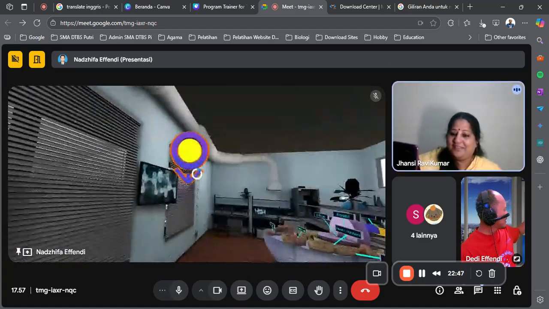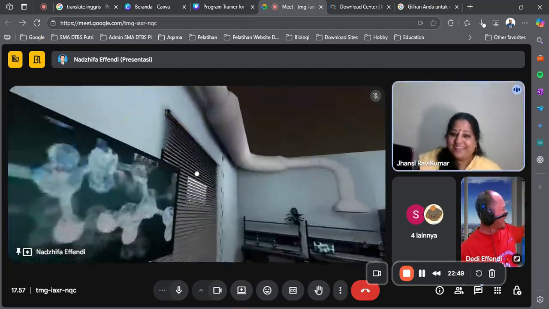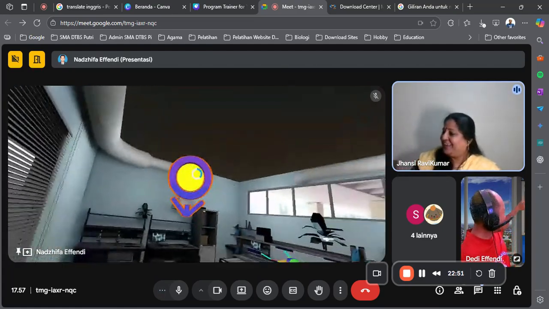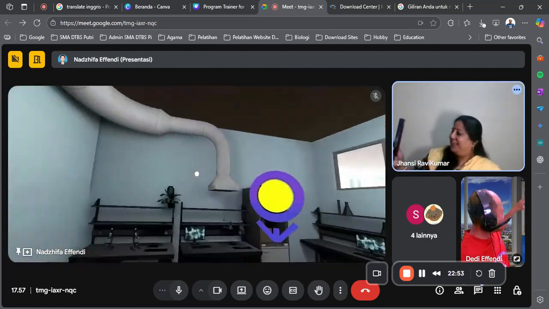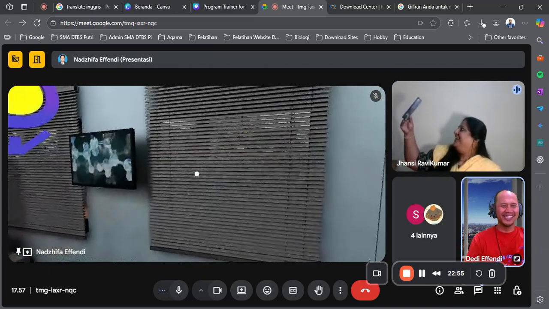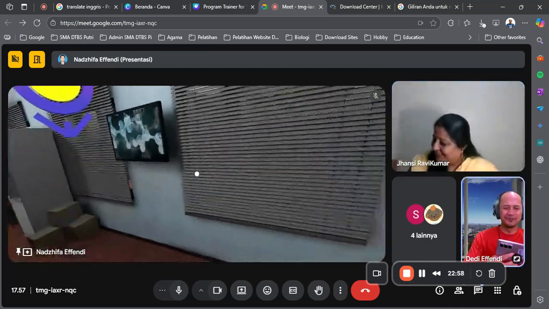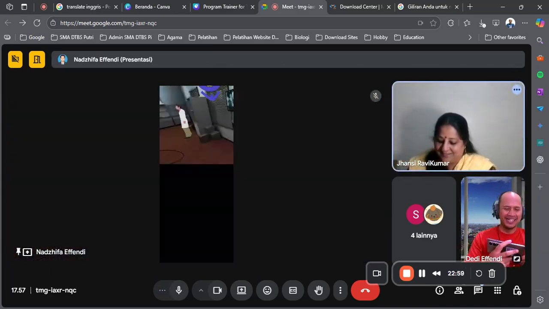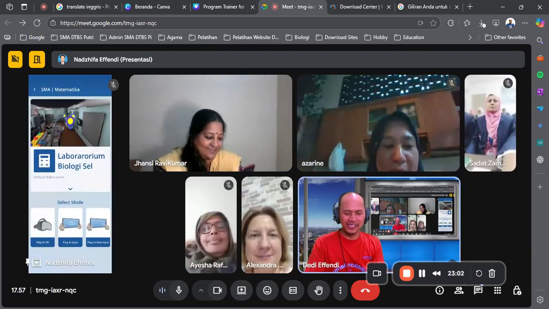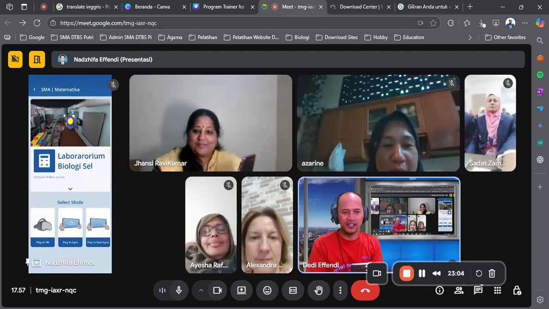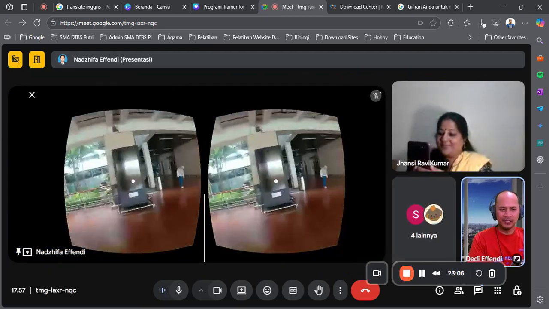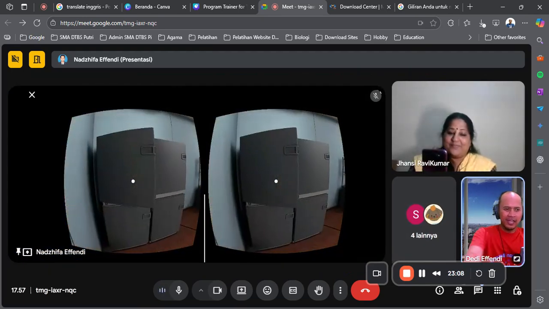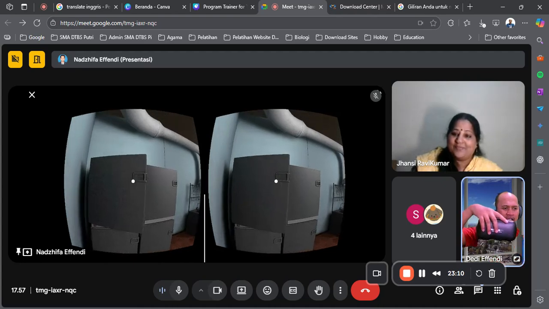Yeah, like we are walking in the room. But most interestingly, if we play it in VR, like this, we have to put the smartphone in.